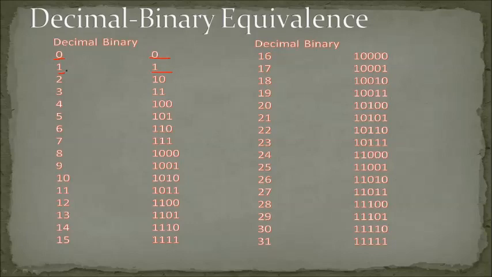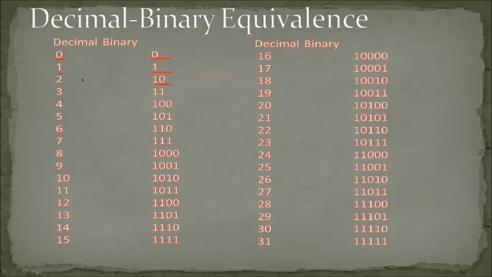But when it has come for decimal 2, when you are converting to binary, it becomes 1 0. Please don't think of that as ten. You should call it 1 0, because it's a binary value. You cannot take this value as 10, then it becomes a decimal value, right? Now 2 becomes 10.